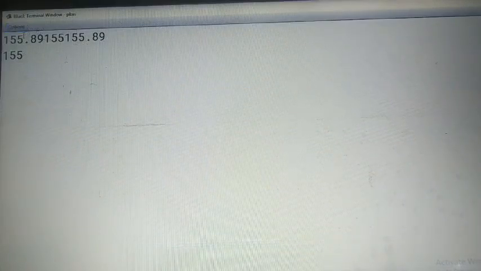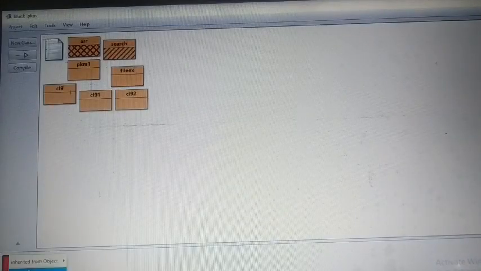See, two results are coming. Show you again. The first one is the example of implicit conversion. The second result is the example of explicit conversion. So this way you can solve the problem of type conversion according to you. Whatever type conversion you want to do over the data, over the calculation, you can perform there.